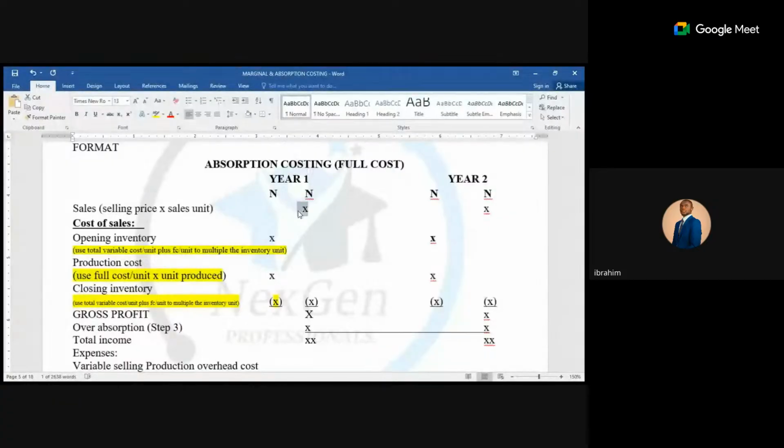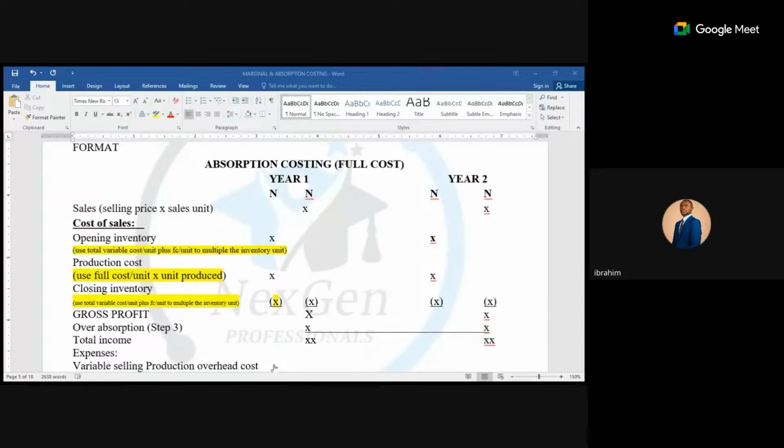Now, you know, in marginal costing, you have variable production costs. Absorption costing is just like your normal profit or loss. Just picture absorption costing as your normal profit or loss. Marginal costing decision is based on contribution. Absorption costing is like the normal profit or loss because the format is in line with the standard. Class, the format is in line with the what? With the standard.